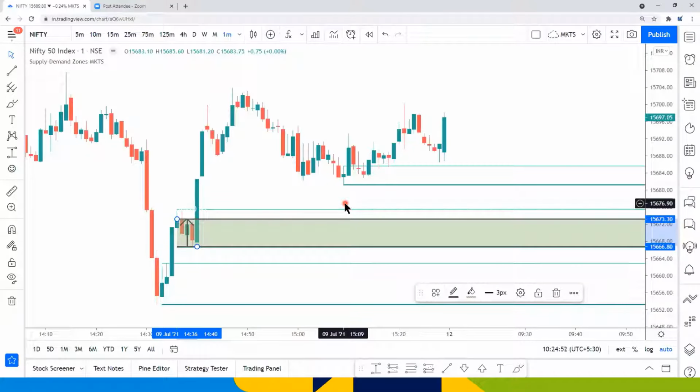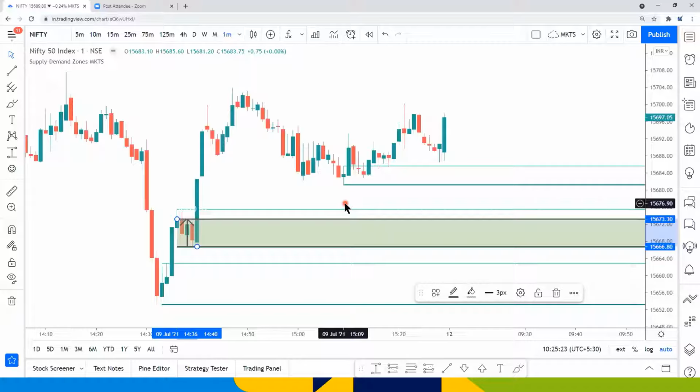There's a question that says, can we set the number of basing candles? By default, if there are more than 6 basing candles, this will not plot the zone. The condition that I have given is minimum 1 basing candle, maximum 6. At the moment, it is not user defined. You cannot choose how many basing candles there are. So minimum 1, maximum 6 basing candles on any time frame. If it exceeds 6, it's not going to mark the zone.